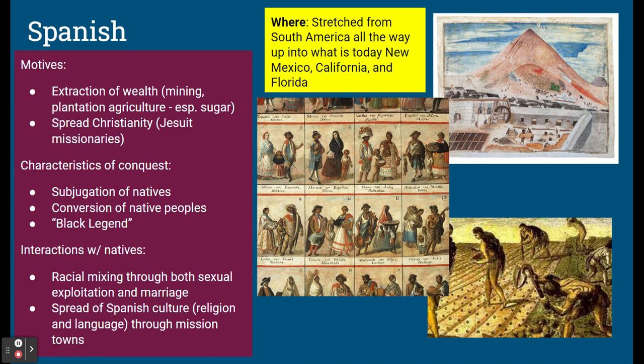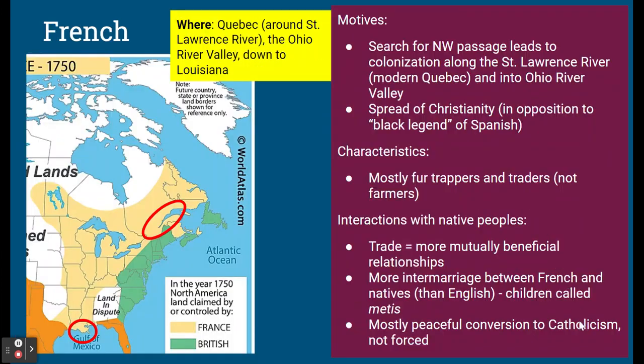And so is the Catholic faith, which was also forced on native peoples by and large in the 16th, 17th, and 18th centuries. A lot of this happened through, as I said, the forced migration of peoples into mission towns, into Spanish Catholic mission towns. Okay, so we're just going to talk about each of these pretty briefly.